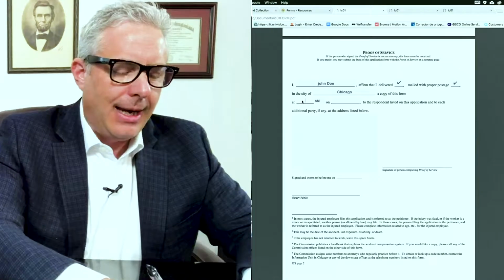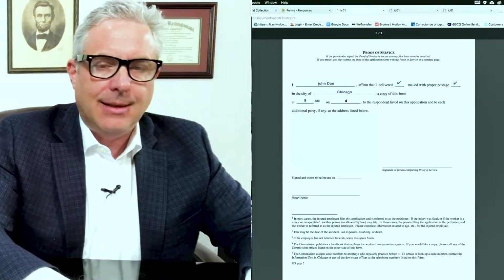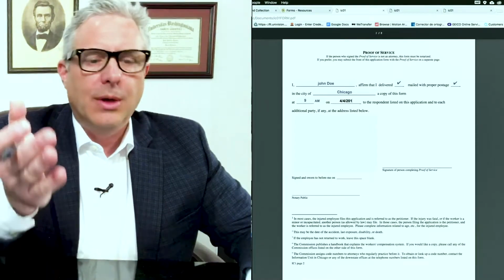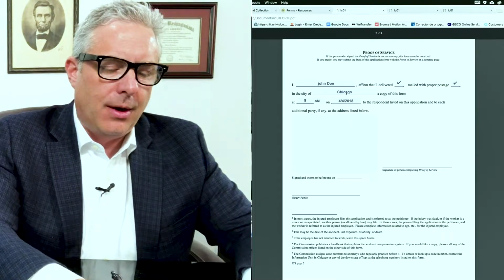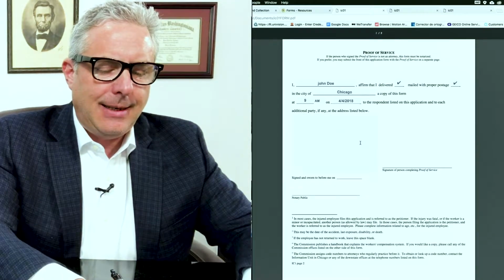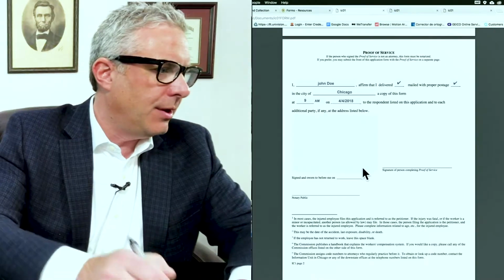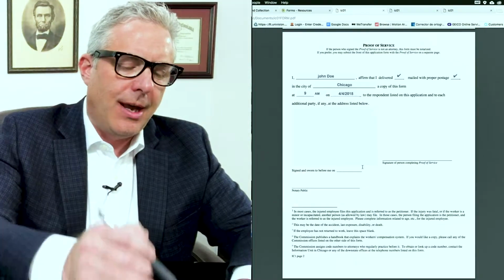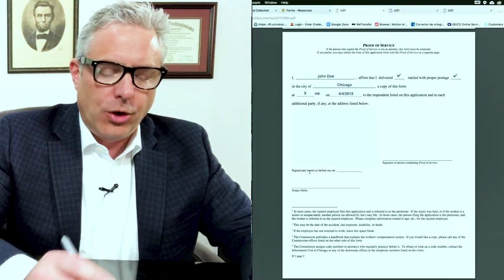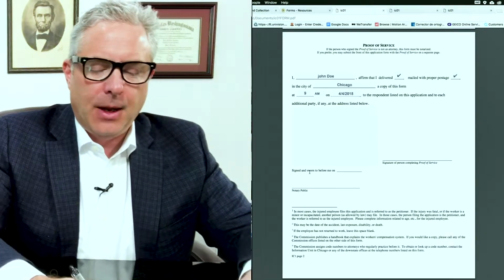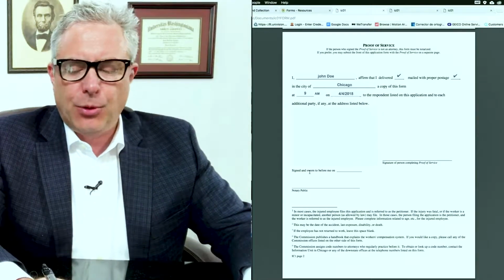So let's put 9 a.m. and that's the date that you intend to mail this document. Let's assume it's today, so April 4, 2018. I'm going to put that there. And then the space below, there's a space right there where the cursor is. That's where you're going to put the name and address of the company where you worked and where you suffered your accident. You're going to sign the document where it says signature of person completing proof of service, and then